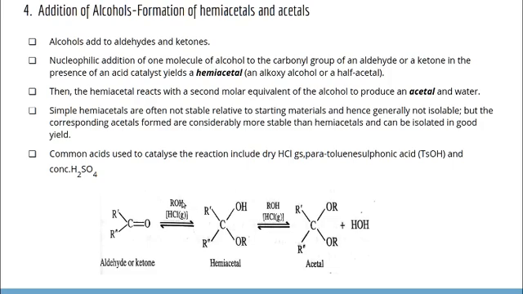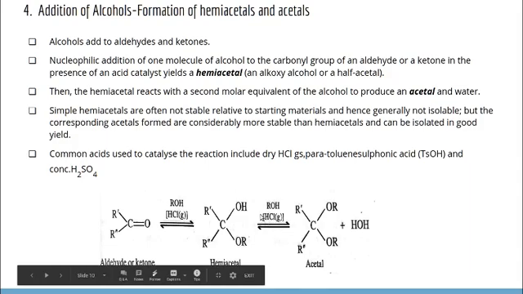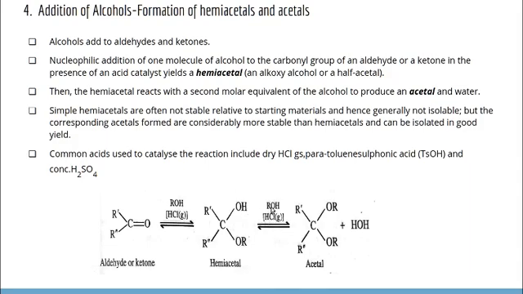Here the addition of the nucleophile is like that. The ROH molecule can exist as RO minus and H plus. So H plus will add on the oxygen and RO minus, the nucleophile, will add on this electrophilic carbon. So we will get a hemiacetal structure like this. Then on further addition of another molecule of alcohol, we will get an acetal. That means this hydrogen will be replaced by an OR group, eliminating a water molecule.